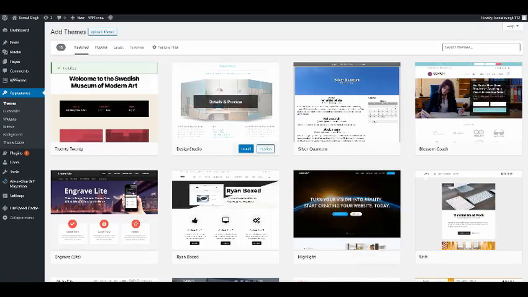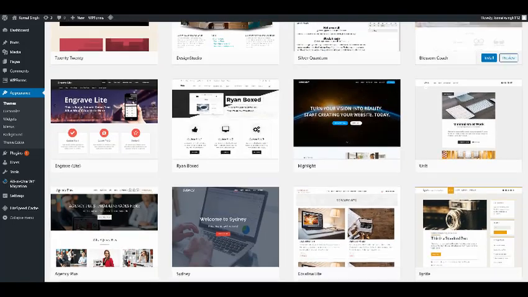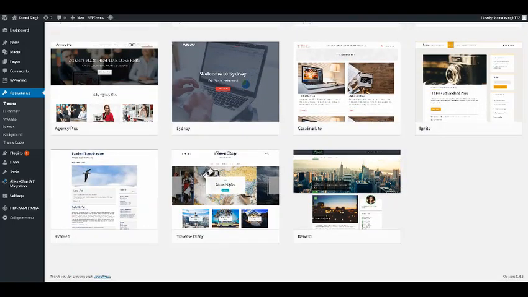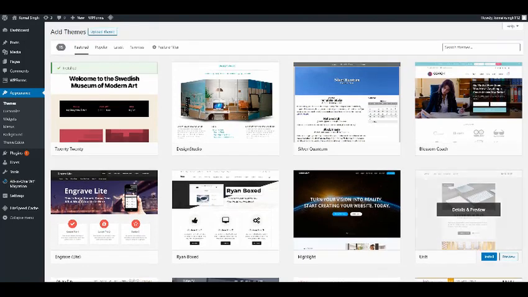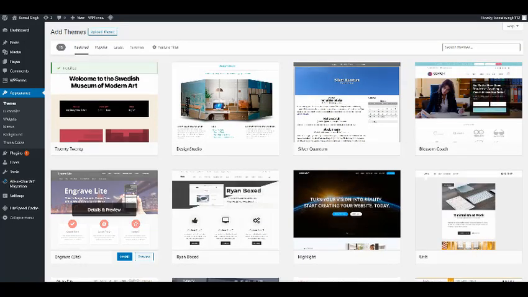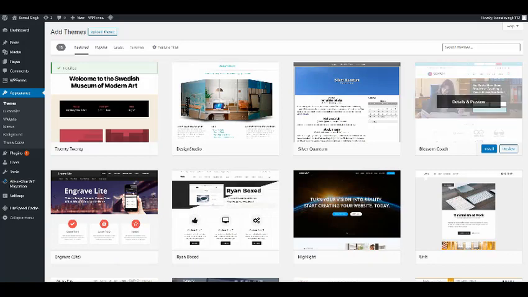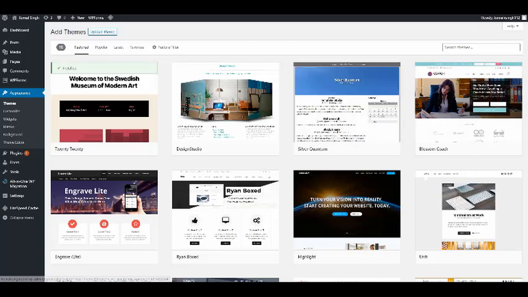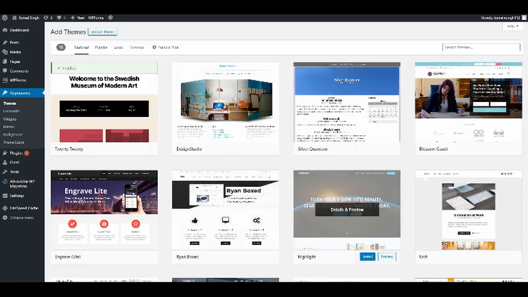So see, here we get ample themes. Here there are unlimited themes for you. Okay, you can go and just download it. I'll tell you a few theme names, like you can go for Astra, you can go for OceanWP. Those are good themes, and they also don't add a lot of weight to your website, so you can move forward with those themes.